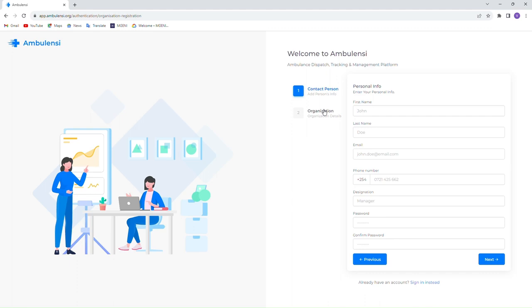Organization means the entity for which you're registering this account. Could be your own organization or any other entity that you're registering this account for, so that they can use it to manage their emergency response services at their dispatch centers. Now, I'm quickly going to use just my details here,